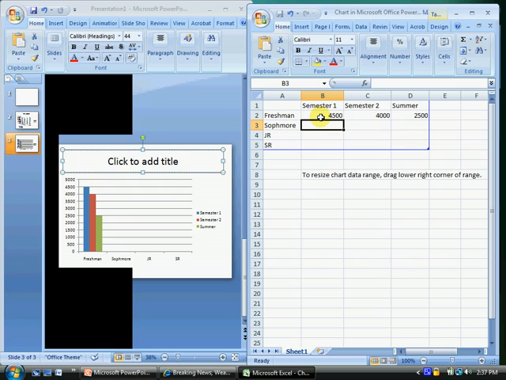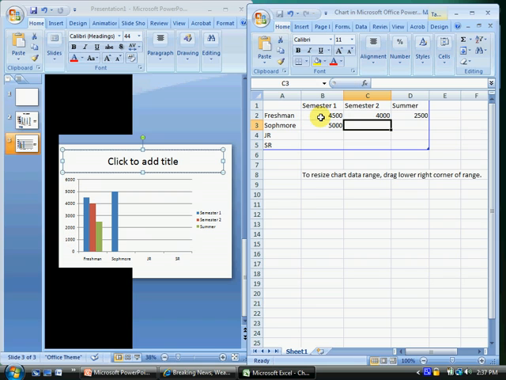How much will it cost sophomore year, you think? 5,000? Yep. Semester 2, how much do you think it'll cost? 4,500? Summer school, you only take a few classes. Let's say it costs $1,500. And again, you can type in whatever numbers you want. I'm just making stuff up as we go along. You don't have to type in exactly